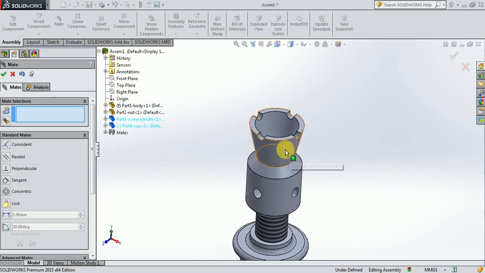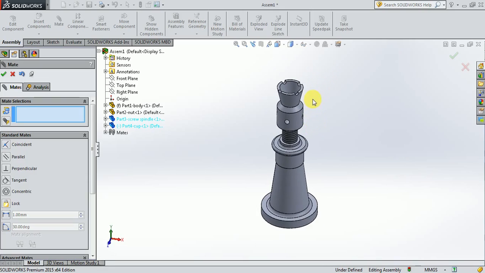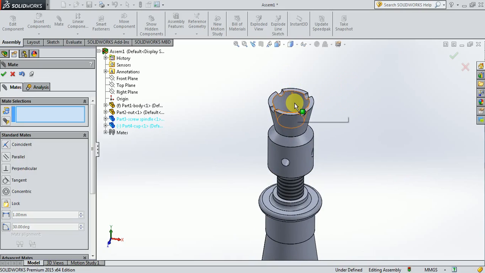So in order to prevent the rotation, because when I try to keep this in front view, my objective is to get this semicircular groove exactly in front like this. So in order to get that, the rotation should be locked. This is just by keeping the orthographic view in mind, because in reality the screw spindle has to rotate. We cannot restrict the rotation degree of freedom of the screw spindle. So you need to remember that this is just to get the proper front view and top view and